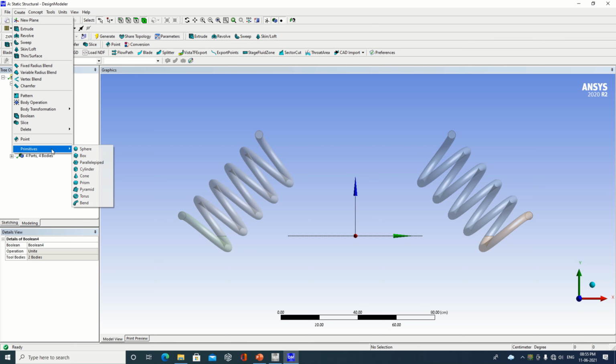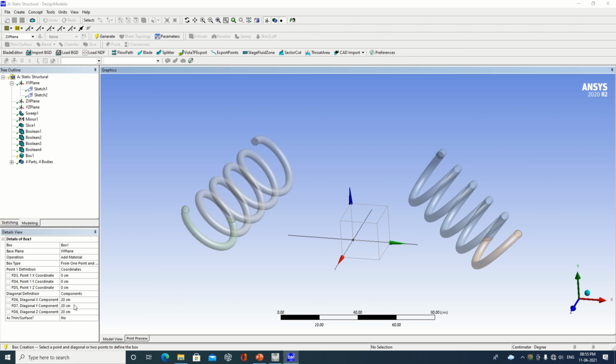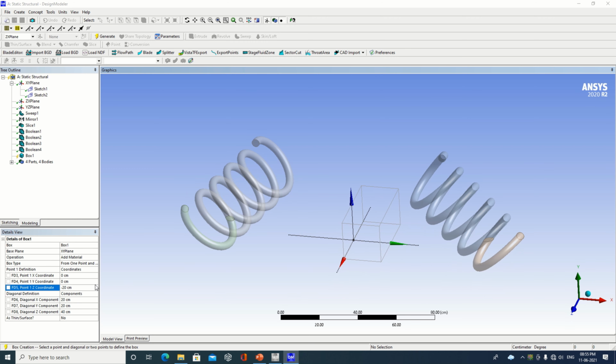Next thing, I will create a box over here. What should be the dimension of the box? I want this in Z component as 40. Okay, 40 here, and take minus 20 so that it will be at the center of your object. Now take X component as 200.